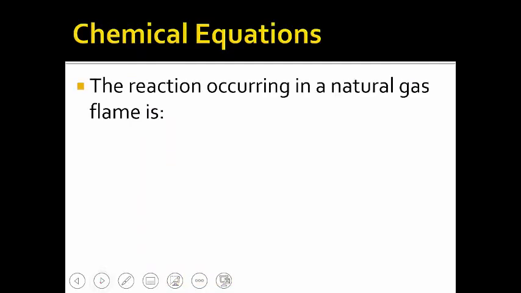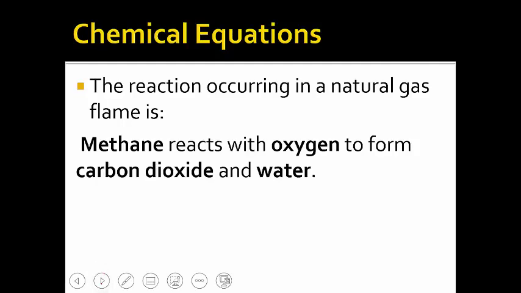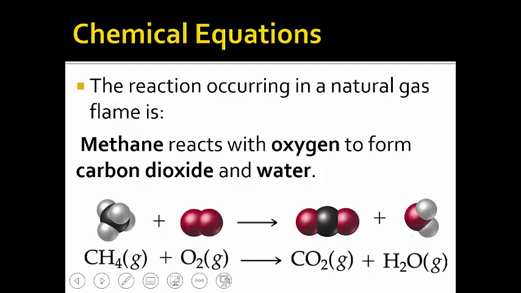Okay, so let's practice with a couple, right? We have the reaction that happens when we have natural gas, and that natural gas is methane, right? So that's the reaction that we saw before. Methane reacting with oxygen to form carbon dioxide and water. So this is exactly what you're going to get. You're going to get a sentence, and you have to translate that sentence into a chemical equation. So if we recall from before, this is what it looked like. You're not going to have to do this part. You're not going to have to draw the shapes,